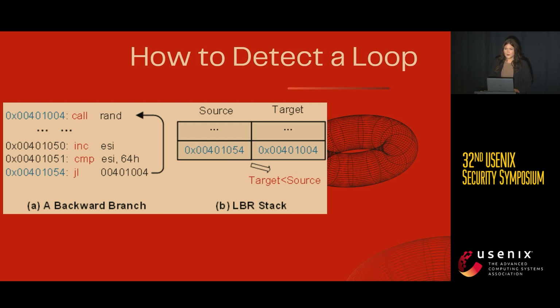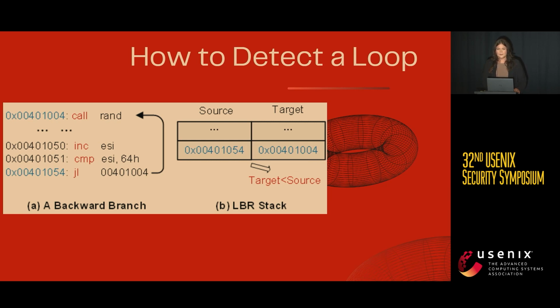Here, Last Branch Record, or LBR, is a hardware tracing feature offered by modern Intel processors. According to different CPU models, LBR can record the 16 or 32 most recent branch pairs into a register. The branch information includes the source address and target address of a branch. For example, there is a branch instruction at address 0x00401054. And once the branch instruction gets executed, the CPU records the source address and target address of this branch